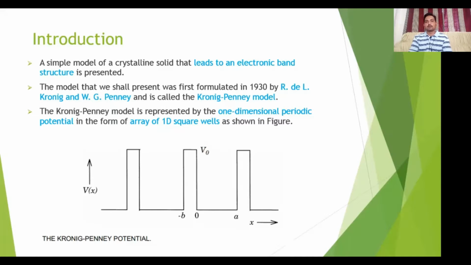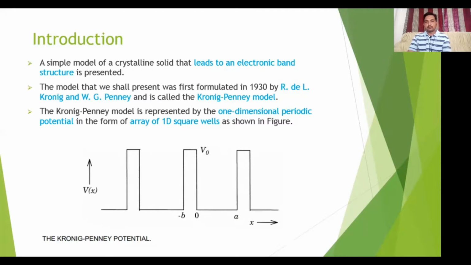So you can solve this potential well and barrier, one is a potential barrier, one is a potential well, by using two different Schrödinger equations and two different potentials. In region 1, the potential is V0, which is between minus b and 0. And in the region from 0 to a, the potential is 0.